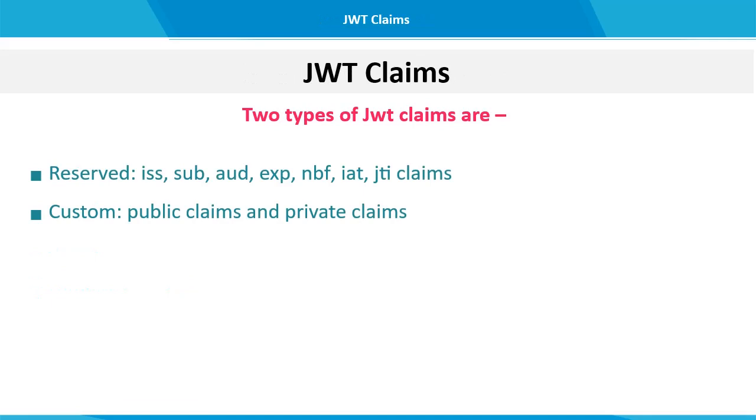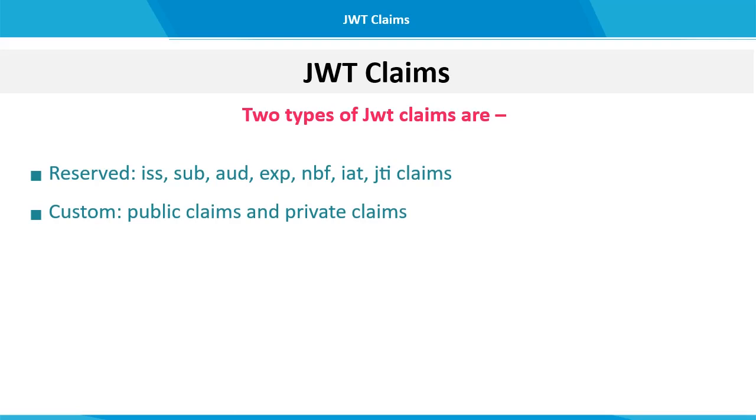Two types of claims are used in JWT: reserved claims and custom claims. Reserved claims are defined by the JWT specification. These are iss, the issuer of the JWT; sub, the subject of the JWT; aud, the audience, the recipient for which the JWT is intended; exp, the expiration